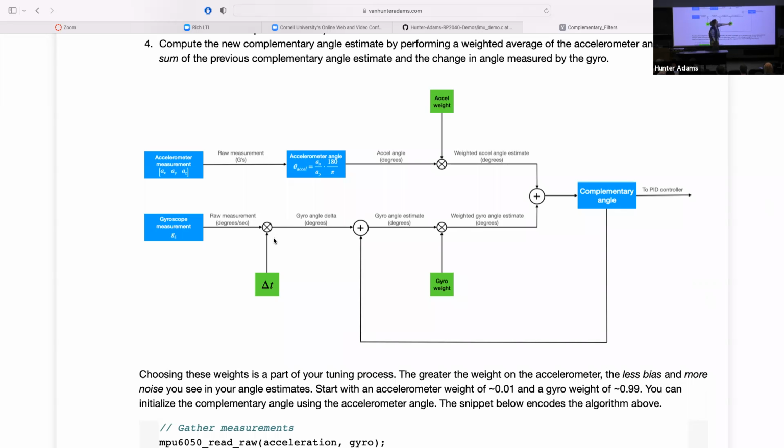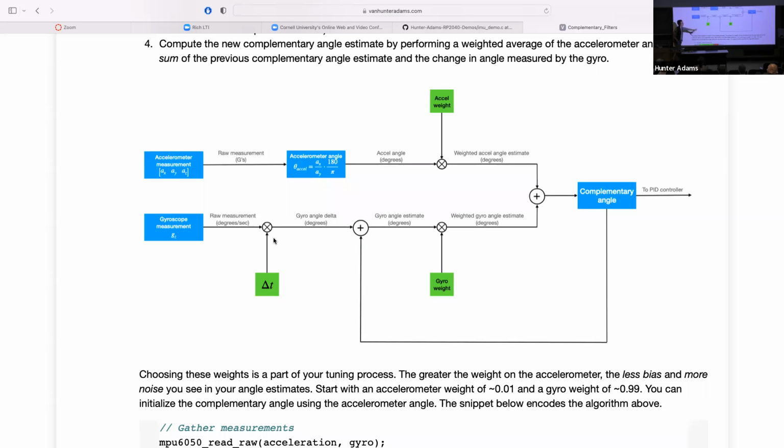Incidentally, weighting the gyro so high and the accelerometer so low is the same as high passing the gyro and low passing the accelerometer. So we're high passing the gyro, low passing the accelerometer, and adding the two, of course, to generate an estimate for the angle that includes information from both the accelerometer and the gyroscope. And that estimate is better than we could get from the accelerometer alone or from the gyro alone. We're combining information from the two sensors in order to get a better estimate.